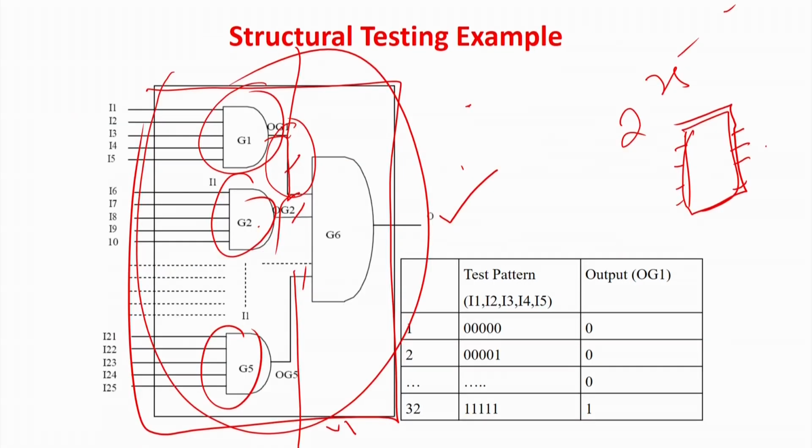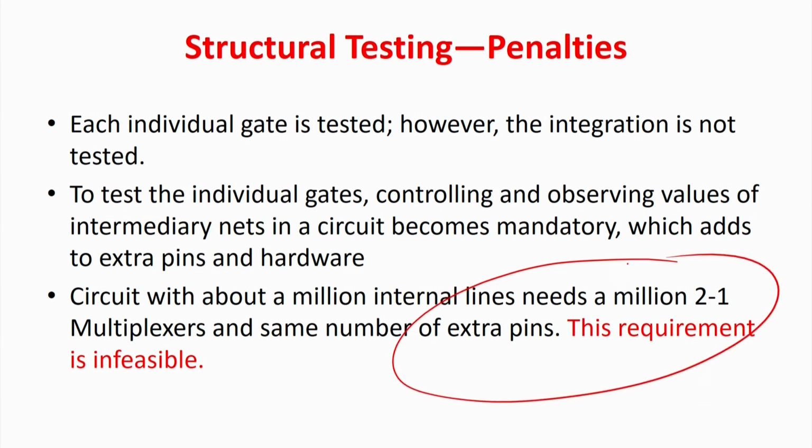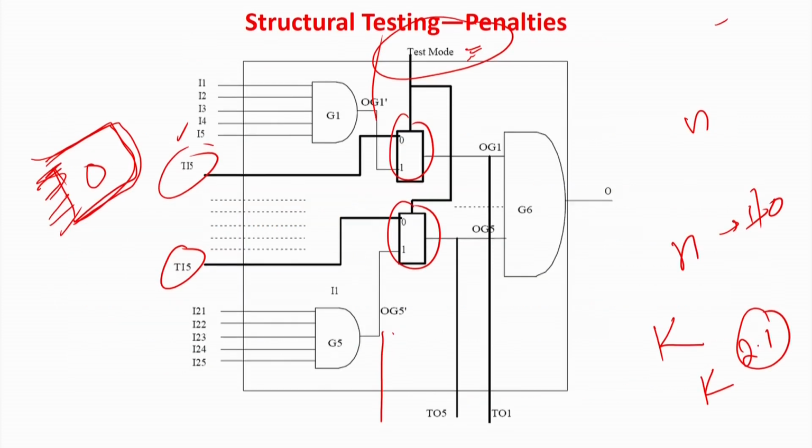But it has given a very good insight that a full functional test is a huge problem, you cannot do that. Structural testing opened up an avenue that you need not test the circuit in entirety; you test the individual gates themselves, and still the test coverage, or test confidence, is very high. But the problem is that a very large amount of extra pinout is required. How do you handle this? So, it opened an avenue and also it reached a bottleneck.